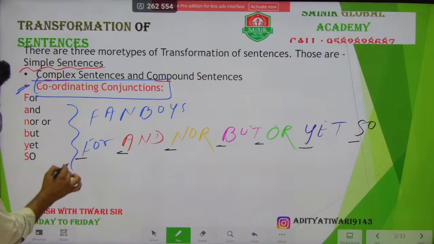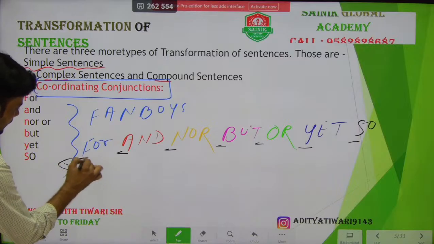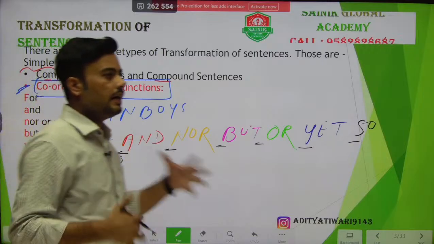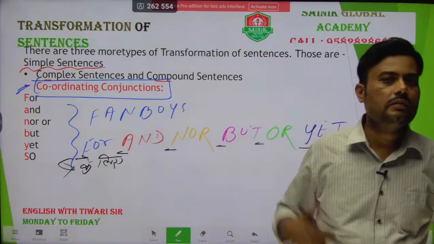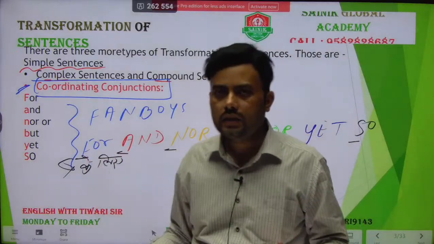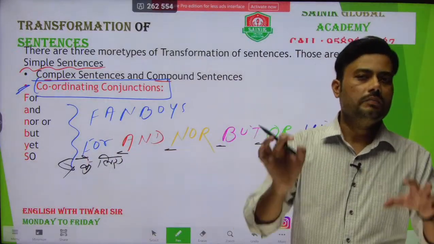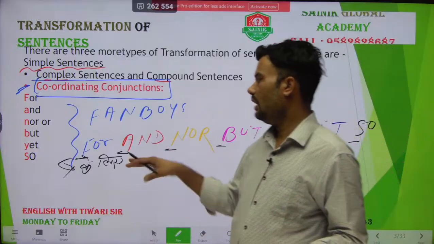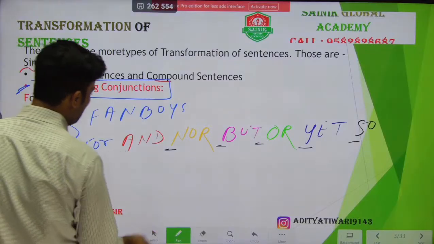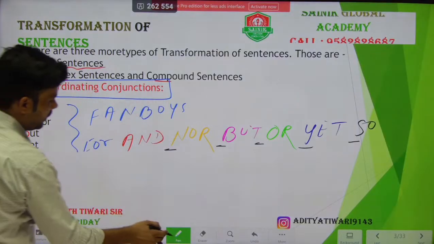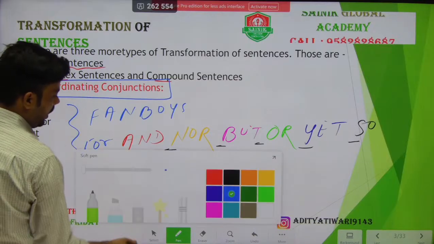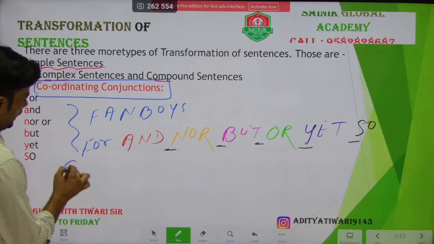For means in Hindi "के लिए". Like we can say, "मैं यहाँ खेलने के लिए आता हूँ", I come here for playing. "वे लोग पैसे कमाने के लिए हार्ड वर्क करते हैं", They work hard for earning money. So F is used for "के लिए". And then we can say, and means or. This is for. About for I told you that it is "के लिए".